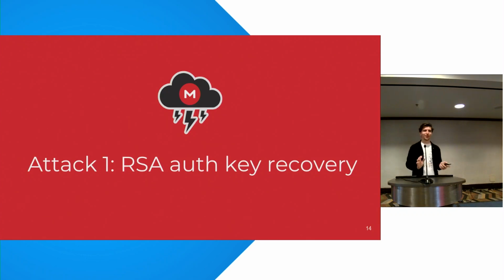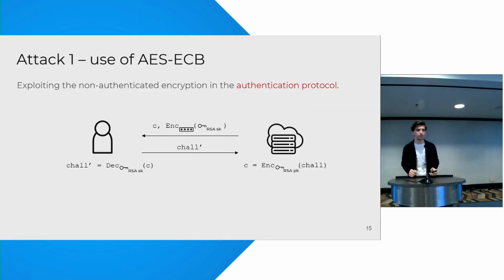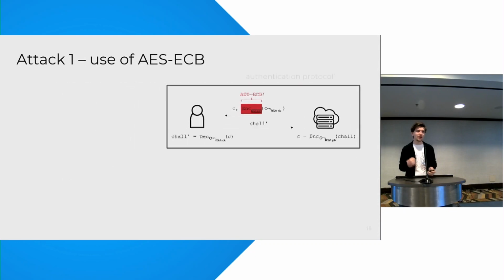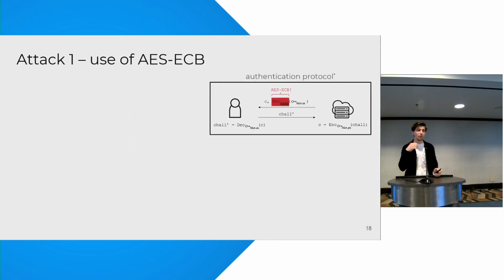With that background, we're now ready to get into the fun part and discuss our first attack that allows a malicious cloud provider to recover the RSA-CRT key of a user. This attack is going to exploit the authentication protocol. And in this protocol, the RSA-CRT key that's outsourced to the server is encrypted with AES-ECB, which is clearly a red flag. However, it's actually not trivial to build a key recovery attack just from the fact that they're using